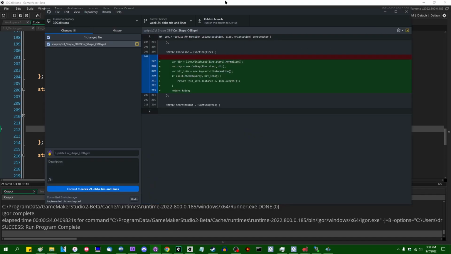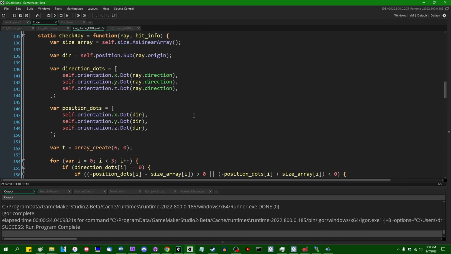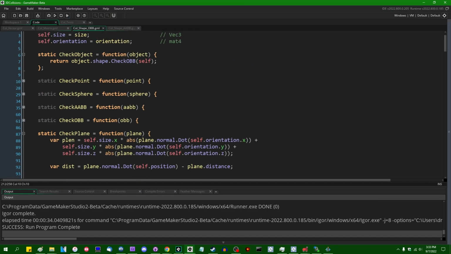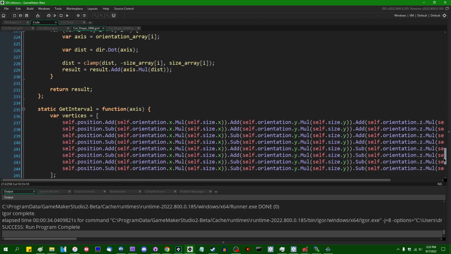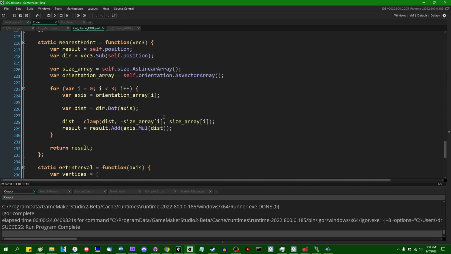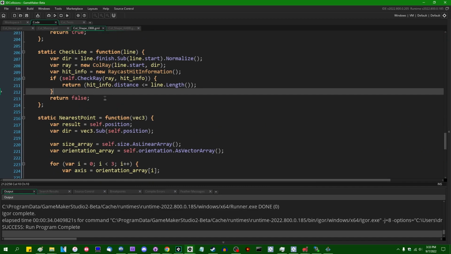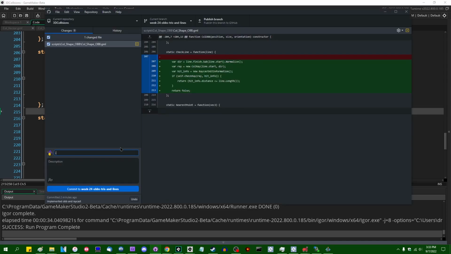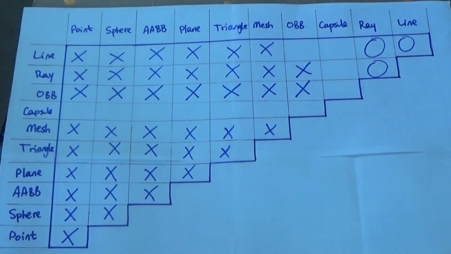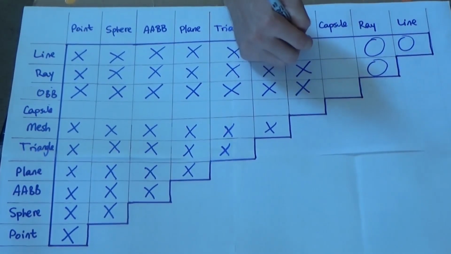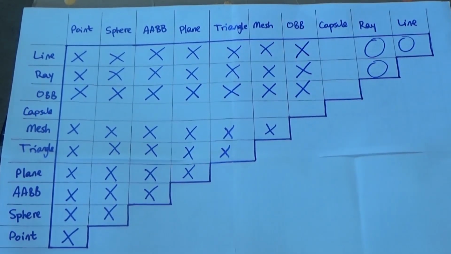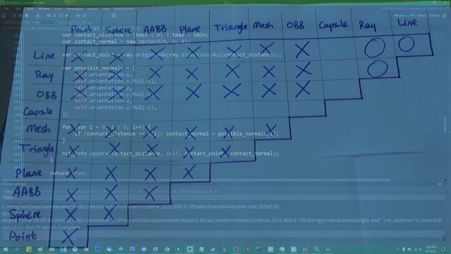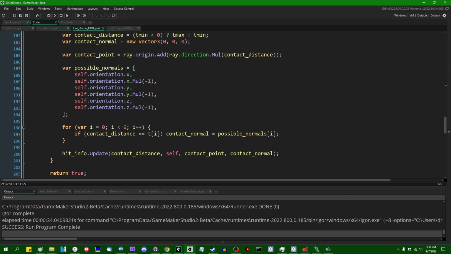I said that planes and shapes were generally pretty easy, but honestly, lines and shapes are probably the easiest, because lines are really all just doing this. But no matter. We're going to say implemented OBB and lines, and I think that's going to be it for this video. So, we have fully implemented collisions between oriented bounding boxes and all of the other shapes that are